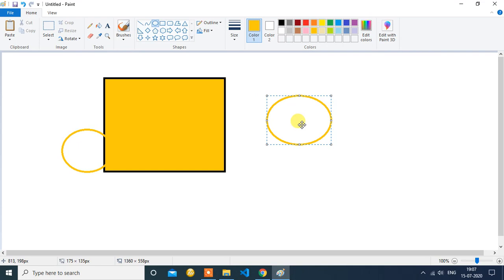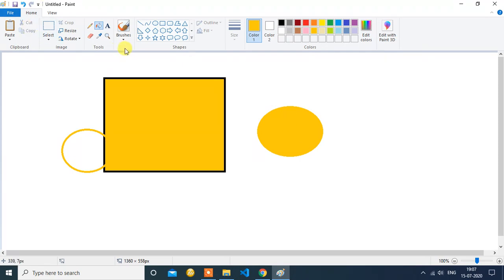It has a border, so we can move this, but if I click anywhere else, see, we can't do anything other than filling colors in it. So this is a limitation of MS Paint, not a disadvantage, it is just a limitation.